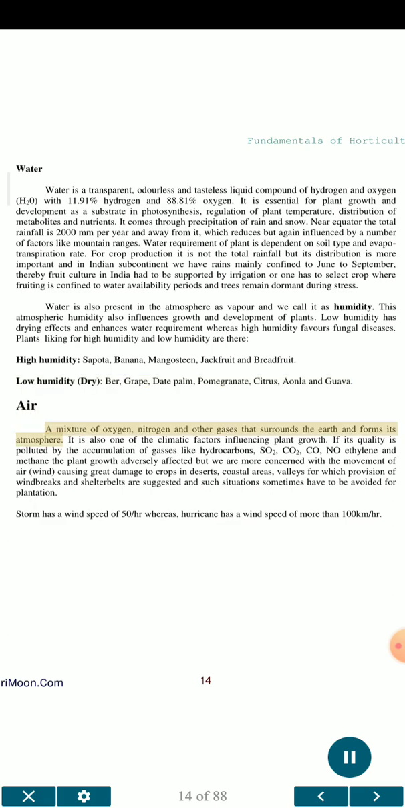Air: a mixture of oxygen, nitrogen and other gases that surrounds the earth and forms its atmosphere. It is also one of the climatic factors influencing plant growth. If its quality is polluted by the accumulation of gases like hydrocarbons, SO2, carbon monoxide, ethylene and methane, the plant